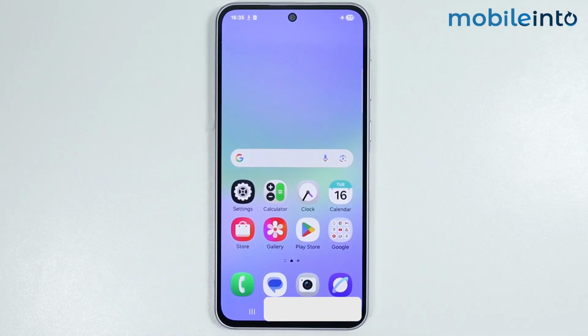Hey, what's up guys? So in this video, we will see how to turn off voice assistant on any Samsung